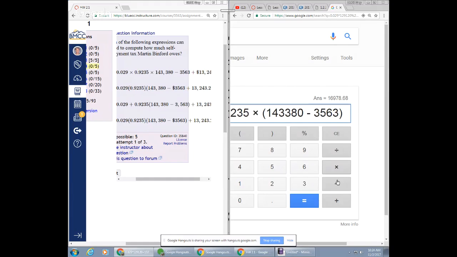Close the parentheses and then add 13,243. What was that? 20 or 20? Yeah, 0.20, equals